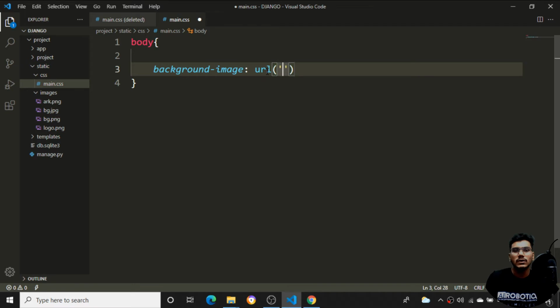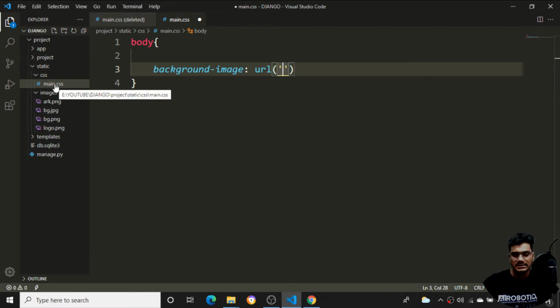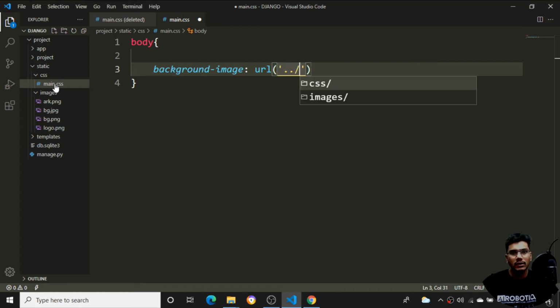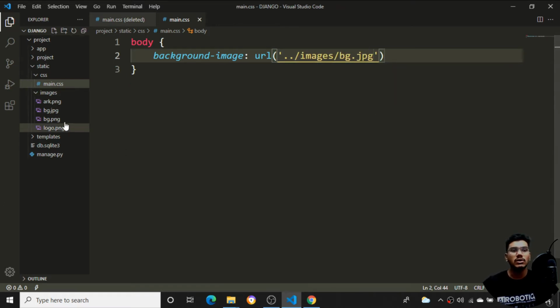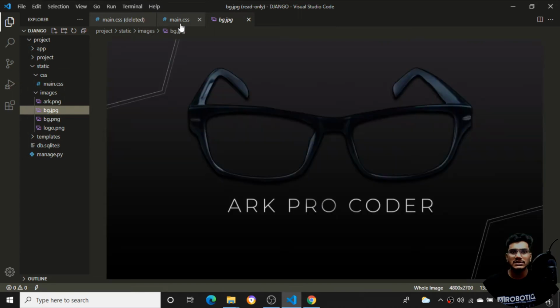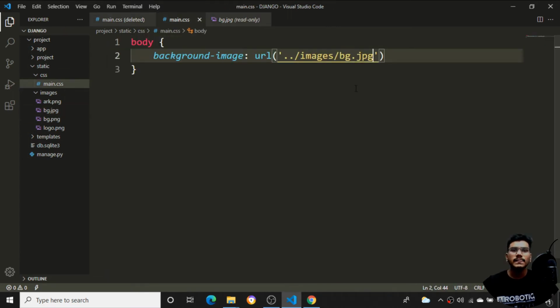Where is the images folder? If I am in main.css, I need to go one folder back, then go to the images folder. Now I need to add the bg.jpg image. I want to load this image inside my CSS. So I'm saying the background image should be this particular file.